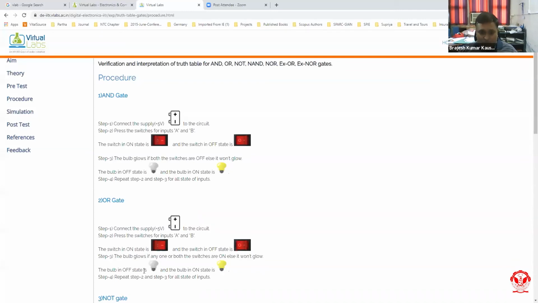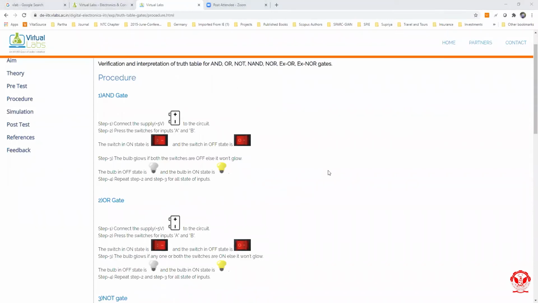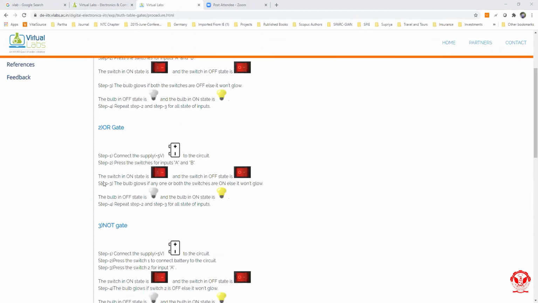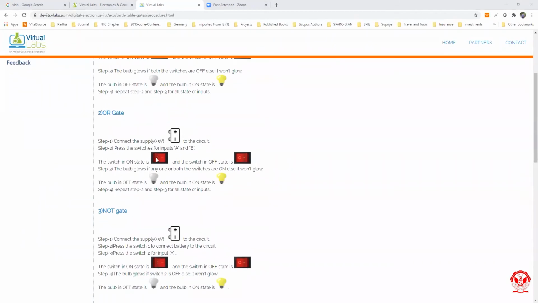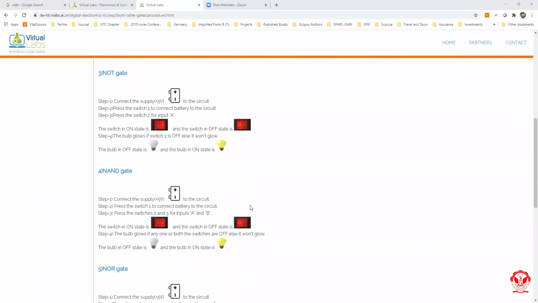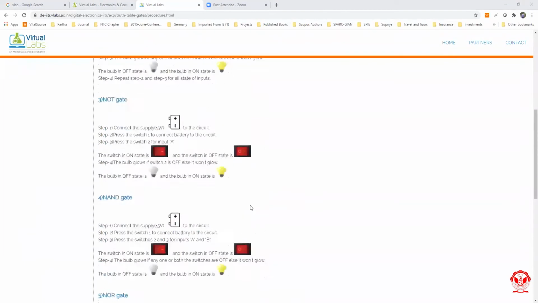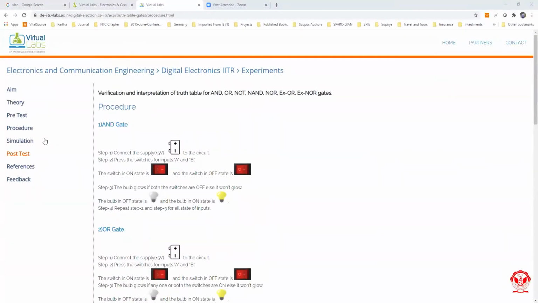So I'll just switch off my video also. Now you can see furthermore, you have your OR gate available, right? Again you have a battery and different switches, and then the output can be seen using these bulbs, and so on and so forth. You can look into all of these experiments one by one. Alok will be taking you through each of these experiments.